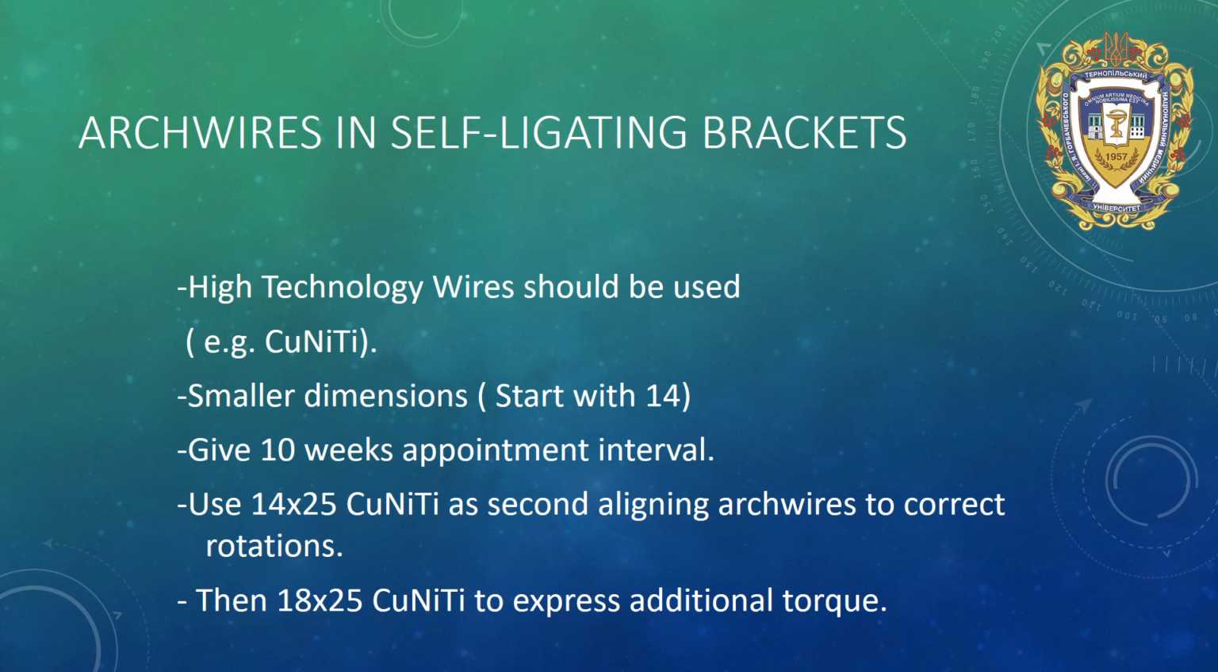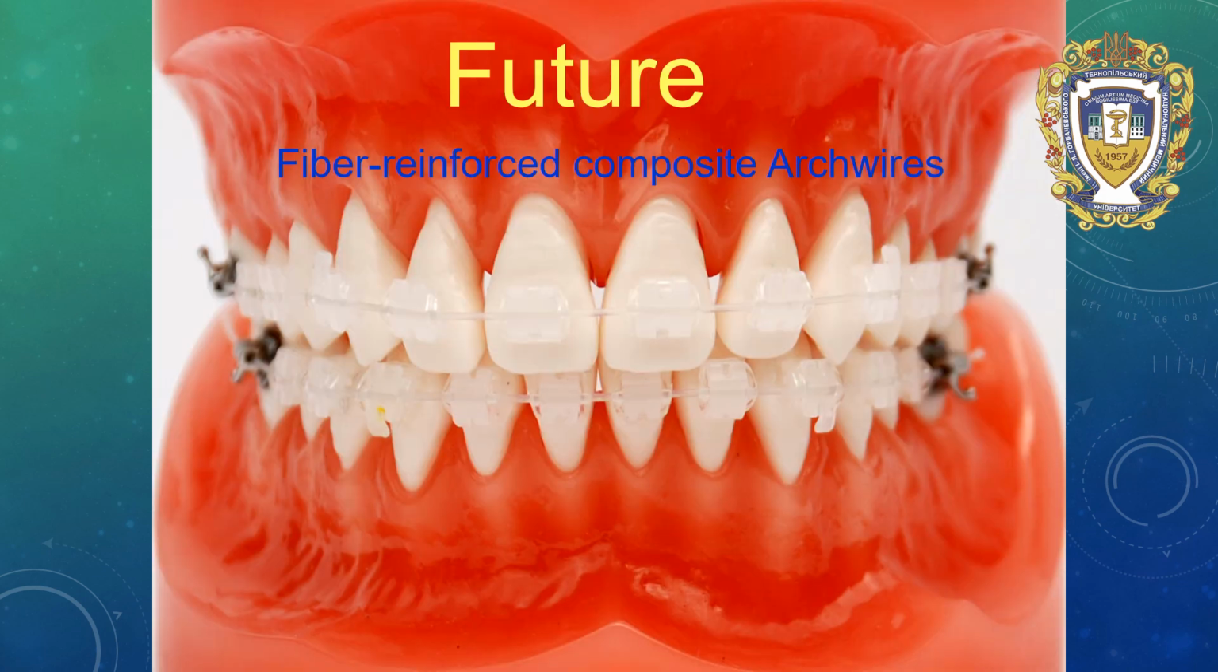What are the advantages of self-ligating brackets? High technology wires should be used. Smaller dimensions, for example, we can start with size 14 archwire. Give a 10 weeks appointment interval instead of the traditional 4 weeks. Use 14 by 25 copper nitinol as second aligning wires to correct rotations. Then 18 by 25 copper nitinol to express additional torque. But